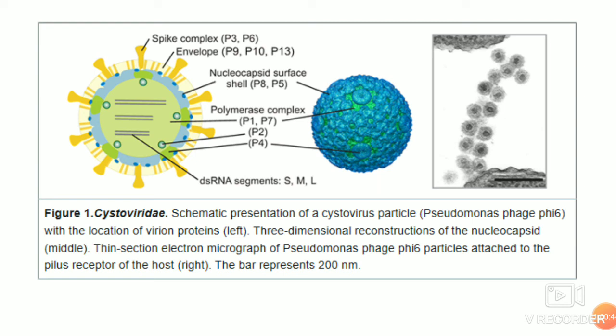P5 is a lytic enzyme associated with the nucleocapsid structure. There is one more protein, P1, that is a major capsid protein and forms the structural skeleton of the polymerase complex. Protein P2 is the viral replicase and transcriptase and is located in the interior of the P1 shell. P4 is a nucleoside triphosphatase required for genome packaging and transcription. P7 is a minor capsid protein and is an assembly factor. And there are non-structural proteins, that is P12 here.